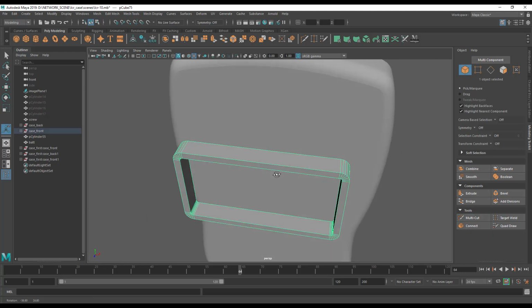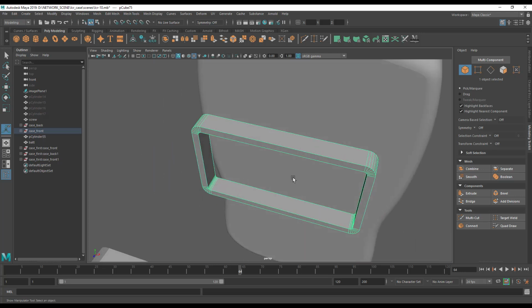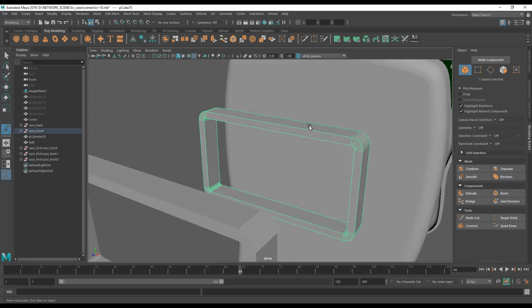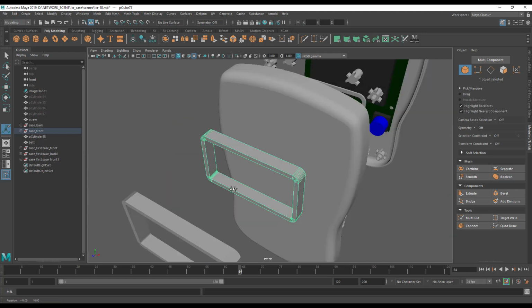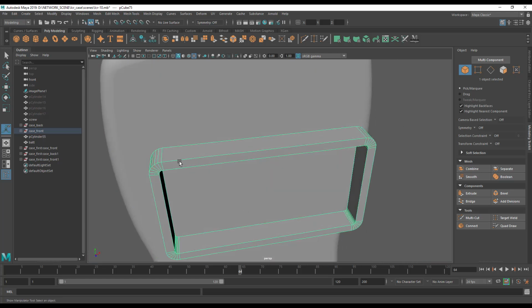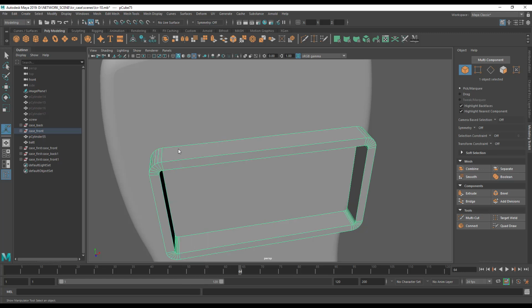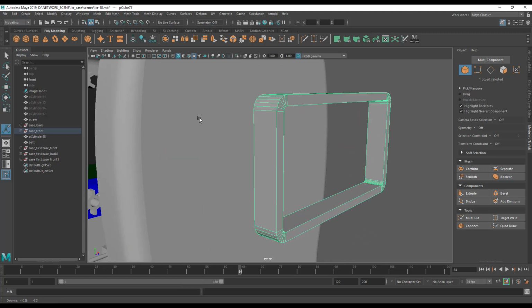Okay, so that's all done. Took 30 seconds or so. In this case, it would have been easier just to recreate the box window using the reference image. But again, if we'd have had a more complicated shape. There is one other thing that I'd quite like to do, and that is I would like to cut